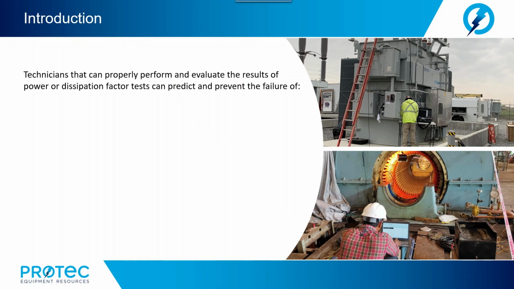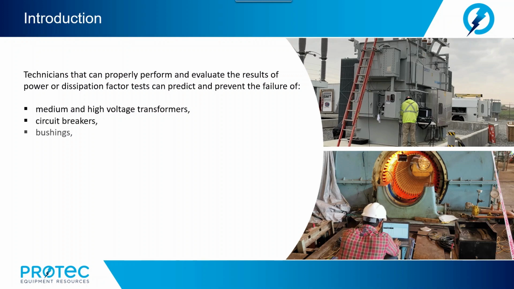Now, most electrical equipment failures are the result of insulation deterioration. Power factor or dissipation factor testing is the most effective and common way to detect inefficient electrical equipment insulation. This test enables technicians to detect equipment insulation problems without making any internal visual inspection. Technicians that can properly perform and evaluate the results of a power factor or dissipation factor test can predict and prevent the failure of medium and high voltage transformers,